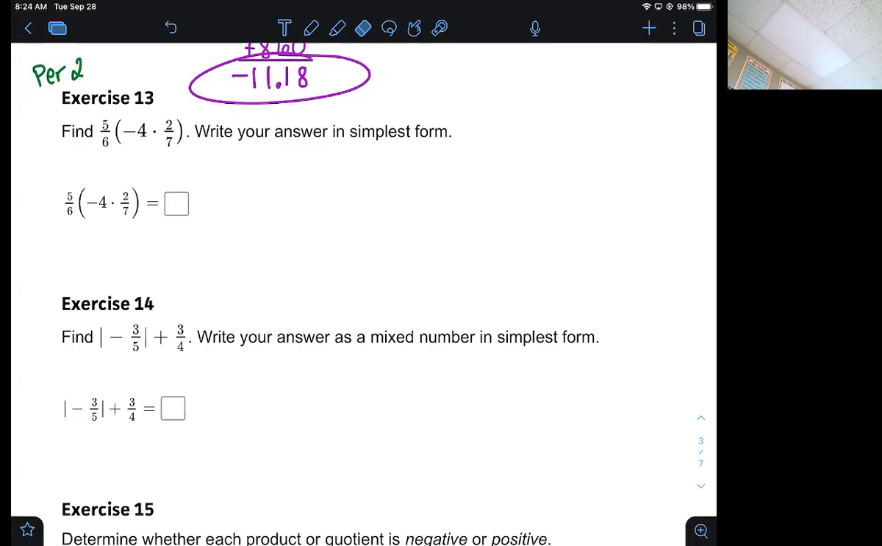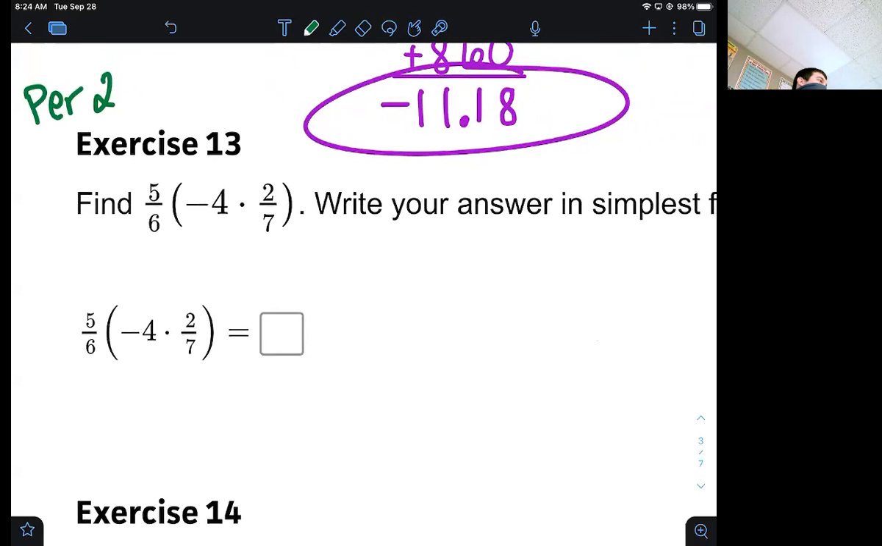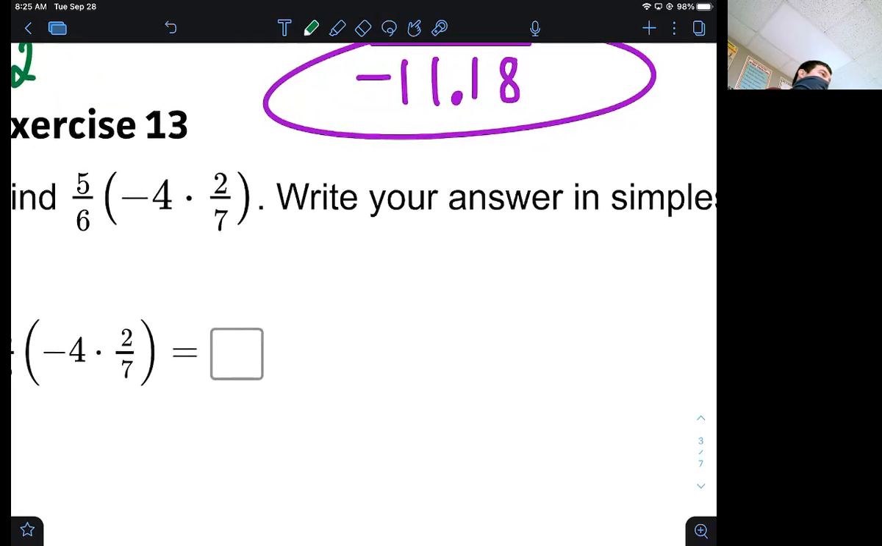All right, let's pick up at number 13. Number 13 says find 5/6 (-4) times 2/7. Write your answer in simplest form, as you should with all fractions. What is the 5/6 doing to those other numbers? Multiplying. So I know order of operations says start in the parentheses. That's pretty obvious, right? But if this is all multiplication, does the order in which we do it matter? No. So if it's all multiplication, I don't even have to worry about the parentheses. I can just write 5/6